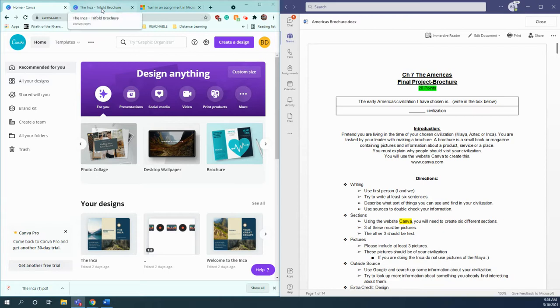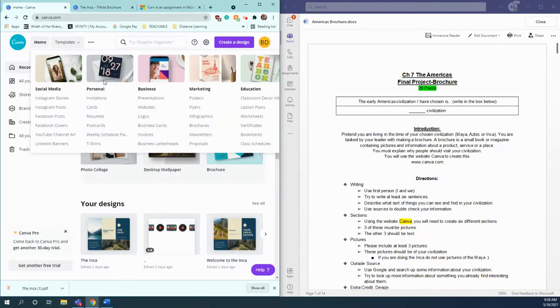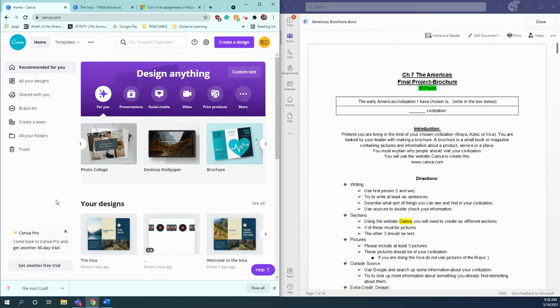and going through that. As far as getting to Canva, you just would type in canva.com, sign up just like you sign up for any other website, use your email. You can either use a personal email or a school email. Doesn't matter to me because ultimately you're going to be downloading your thing and uploading it to,